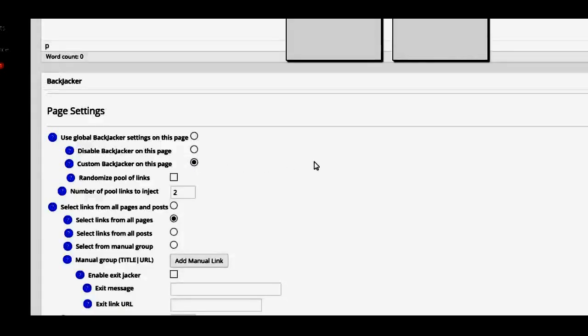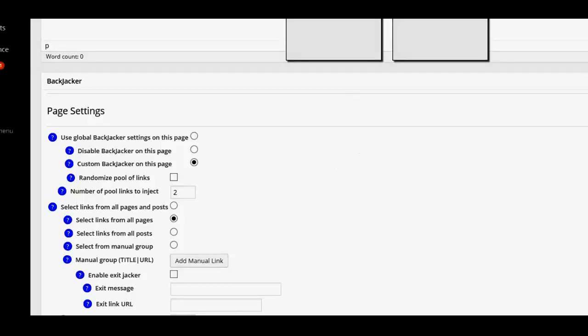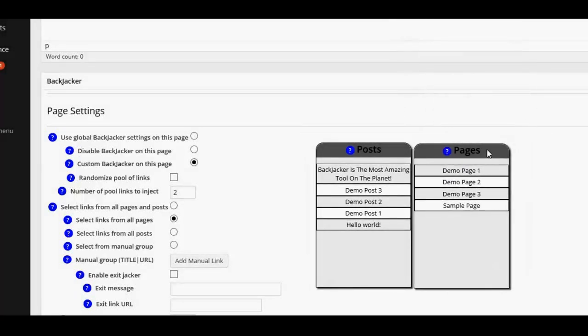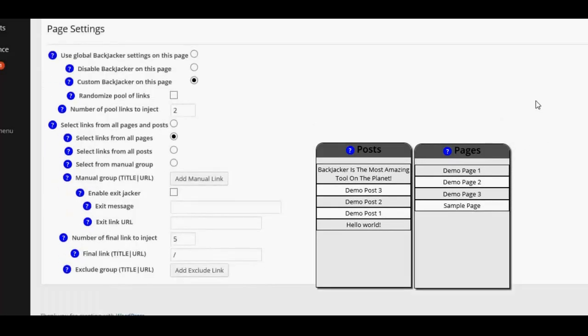Alternatively, you can set custom features. So your granularity control with BackJacker is pretty crazy with the Ultimate Edition. So let's say you've got a review site where you review multiple products at once. Each page could have custom settings. So if I was creating a review site for red widgets, if somebody visited that specific page off of my homepage or through a search engine, if they hit the back button, it would go to my affiliate link